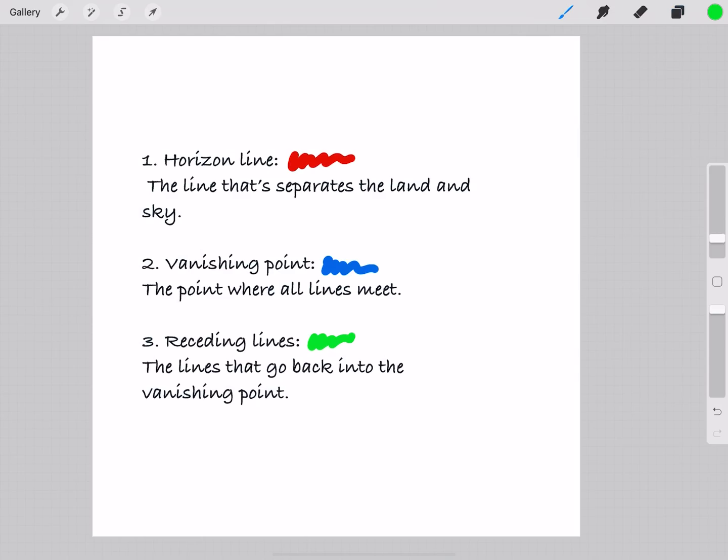So the horizon line, that's the line that separates the land and the sky. It's at a different height for every person because of your eye height. 2 is our vanishing point. The vanishing point is where all lines meet back in space. And then your converging lines are those lines that touch when they go back into space, they meet at the